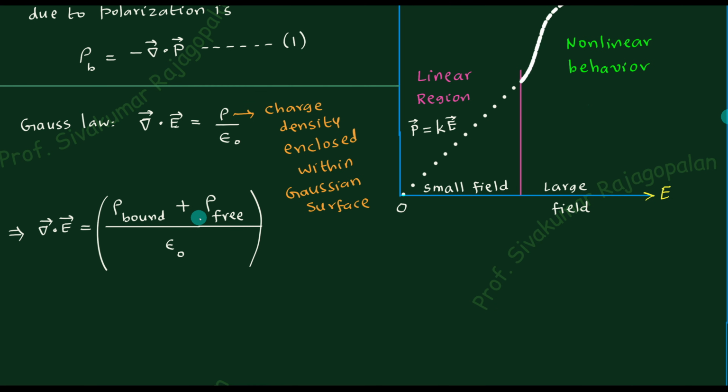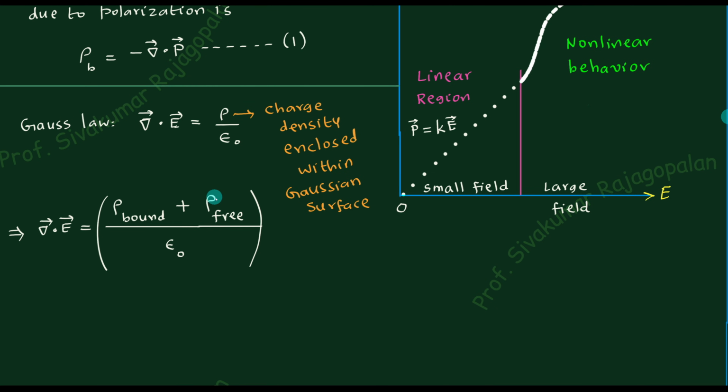But in the case of dielectric, it is not so. You already know that the bound charges are present. So there is a point to be noted about the rho free here. It requires a little bit of explanation. How do you understand the rho free? Rho free can be understood in two ways. One is you can deliberately keep some additional charges on the dielectric. That is one option, in which case we can call it by the name rho free.